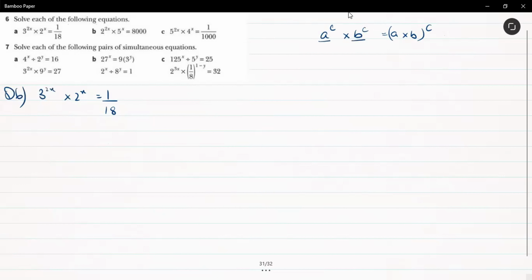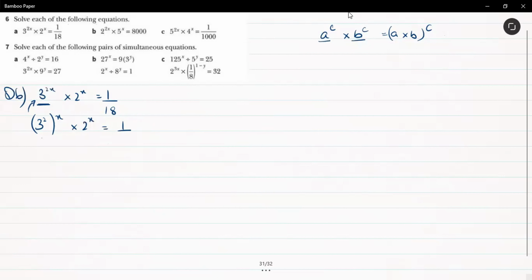So first of all, let's convert this out. Now this 3 squared, we know, can be written as 9. And why am I saying it's 3 squared? Because if you see it this way, 3 squared raised to the power x would be the same as 3 raised to the power 2x. So we are going to say that this multiplied by 2 raised to the power x is equal to 1 over